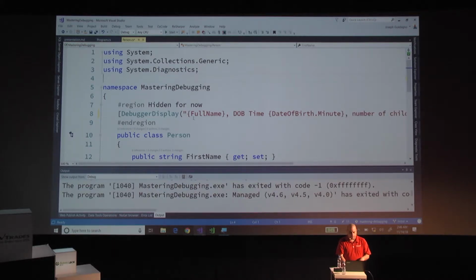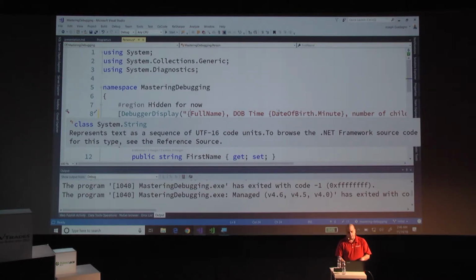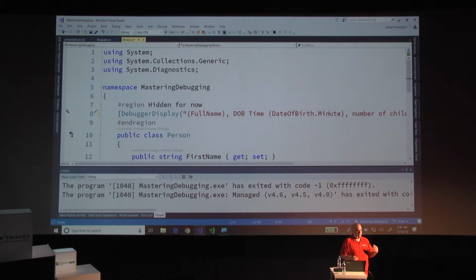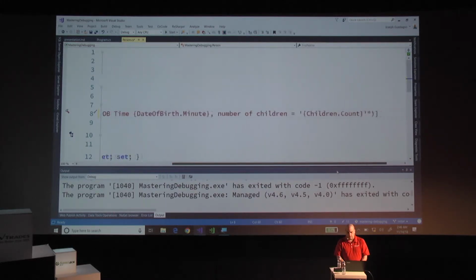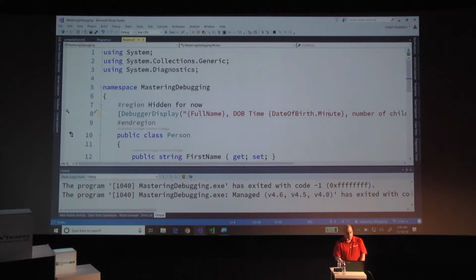In this particular case, these brackets indicate the actual property name that you're using. So in this case, it's FullName, and I'm going to put a comma, and then DateOfBirth.Minute. Because it's a DateTime for date of birth, you have access to all the properties of that. So I'm just displaying the minute of birth, which is kind of awkward, and then how many children. Now if I run the app and go back and look at it,